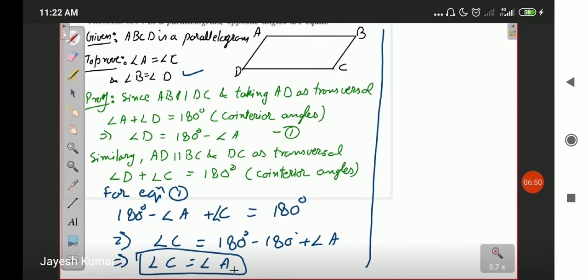Okay, by using the same set of procedures, you can prove that angle D and angle B are also equal. You can already use this part: angle A and D is 180 degrees. You can take this as the first equation, and then taking these two lines as parallel, AD parallel to BC, and this side AB is the transversal. So you have to just do this part once again, and then you will be able to complete the solution. Use your mind, try this a few times, and you will get the answer. It is good for your practice.